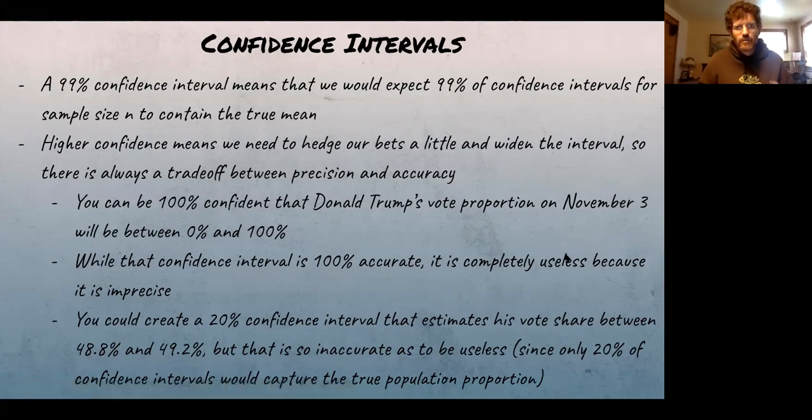There's this balance between we want to have a high confidence level, but we also want to be precise, and we can't get too high of accuracy or else we lose our precision. So the balance point is somewhere in the 90s. And I will tell you 95% is how most confidence intervals are created. So that's kind of a nice balance.